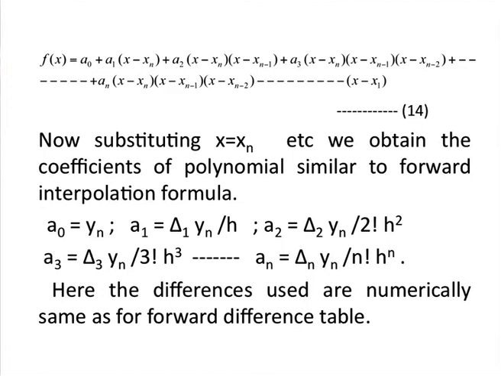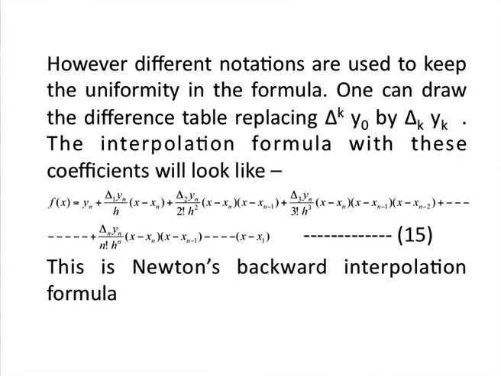We can see that substituting x equal to xn, we will get the coefficient a0 equal to yn. In place of y0 in the forward formula, we are getting a0 equal to yn in this formula. Similarly, we will get a1, a2, a3 all in the form of the differences from the bottom, and these are called the backward differences. The numerical value of forward difference and backward difference is not different, the only difference is in notation. So, by using these coefficients in expression 14, we will get another formula. This formula represented by equation 15 is called